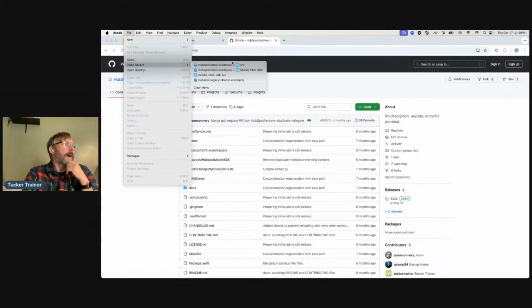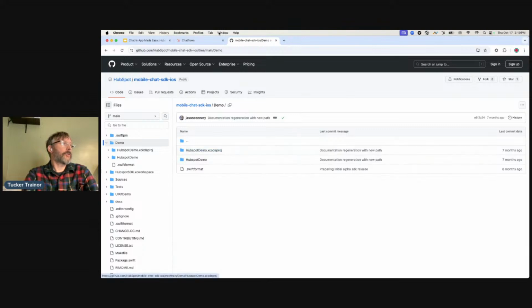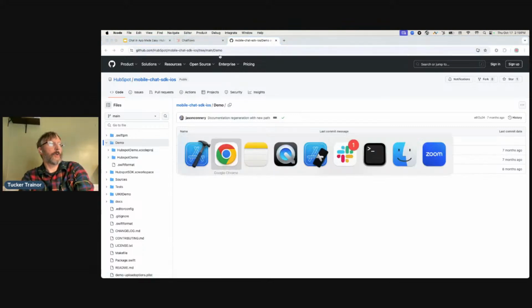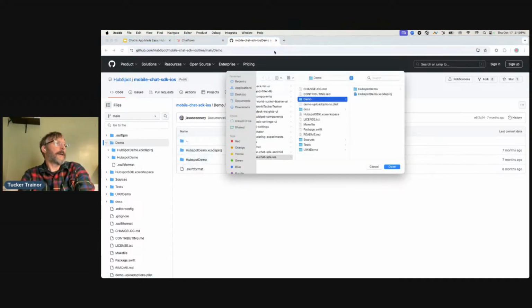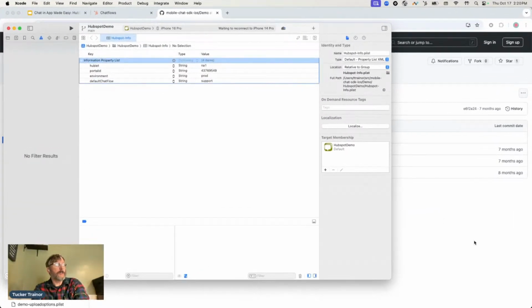Inside the repository that I've downloaded, there is a HubSpot demo Xcode project in it. There you can see the demo Xcode project. So that is exactly what I'm going to be bringing in via Xcode. And there's really, to get up and running with what we've set up in the chat flows and everything,